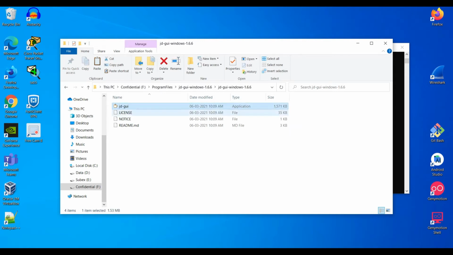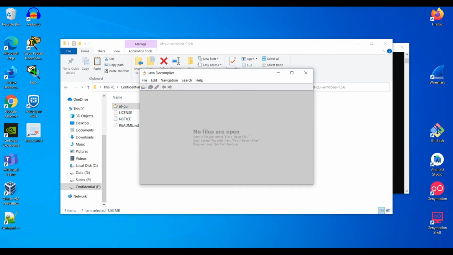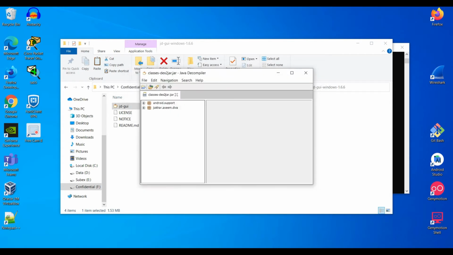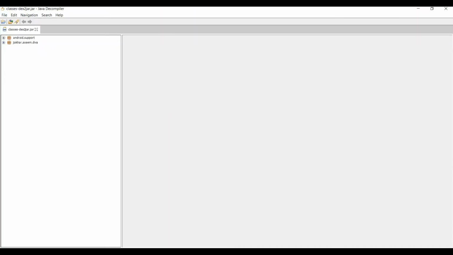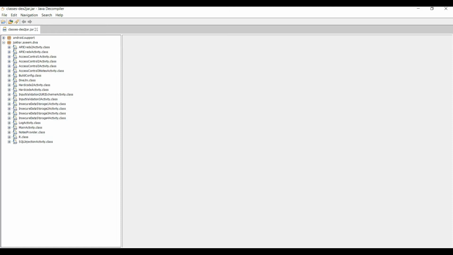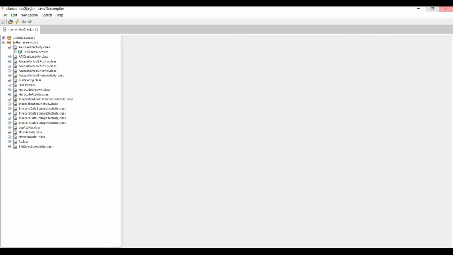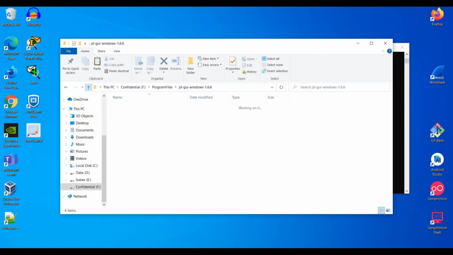So let us open this application. Now you can see we have converted the dex file into the Java class file. From here we can see all the source code of the application, which is in readable format. You can see here, right? All the code which is available will be in readable format. Okay, let's stop here and let's see another way of doing it.